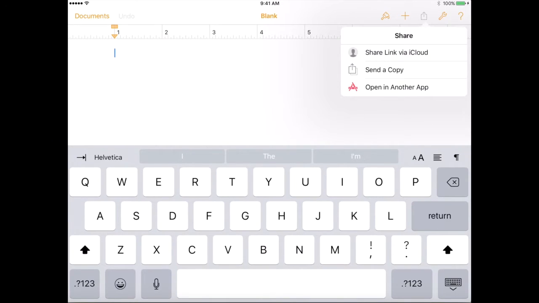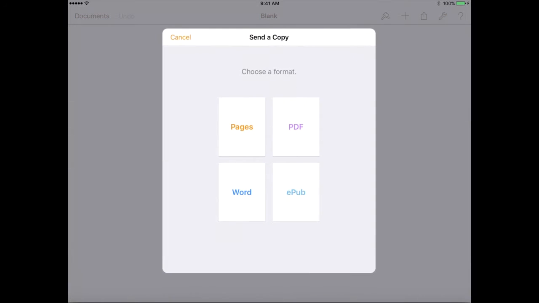Sharo, where do you want to push this out to when you are done with it? Again, right now we don't have iCloud accounts. Send a copy. You could send a copy, and then they're going to, both of these, send a copy and open in another app. They're going to ask you, how do you want to export it? As Pages as a native document? Do you want to put it as a PDF so it's not editable? Do you want it to be a Microsoft Word document or an EPUB document? So you would have,